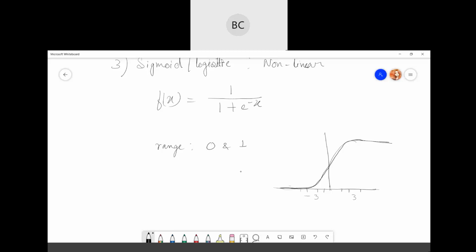Therefore, sometimes because of this problem, because after some range your network stops learning, we try to avoid this one. It's a problem, but it's not like we cannot use it. It's just one of the disadvantages of your sigmoid function, yet it is one of the popular functions.